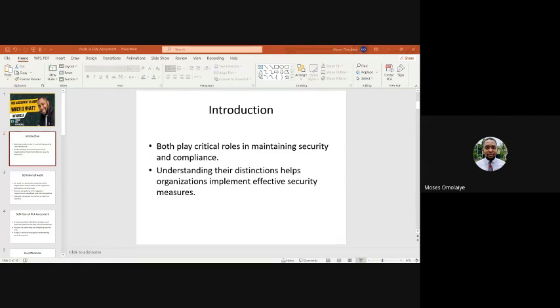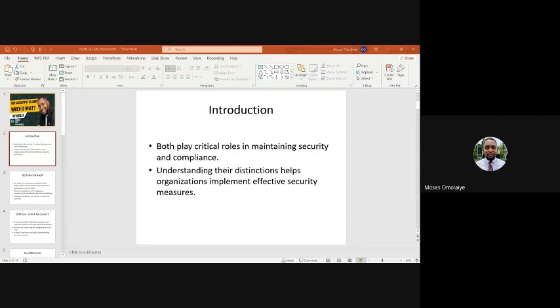I'll give an instance. Before a company is certified to, say, NDPA, which used to be NDPR, that's the Data Protection Act, when you meet the requirements, how would the body know that you've met the requirements? There must be an audit, and that audit would point out the things that need to be done, or it would confirm that your posture is enough to get that certification. When we talk about standards, we're talking things like ISO 27001. When you are implementing them, we have NIST, like the NIST cybersecurity framework.